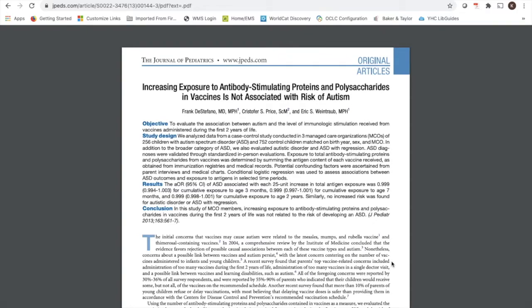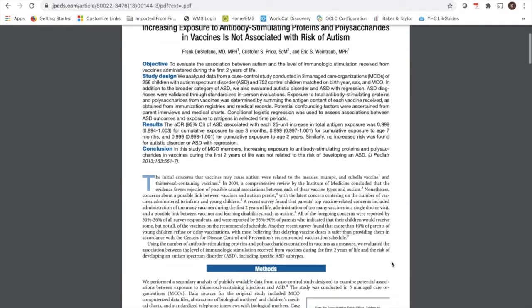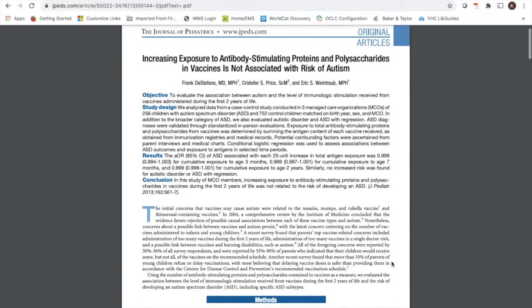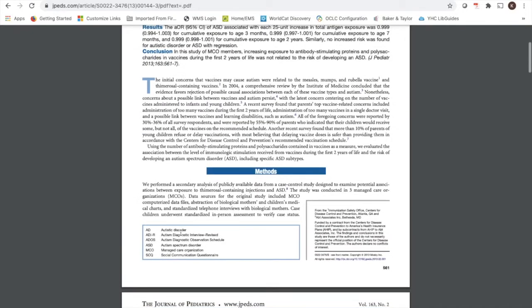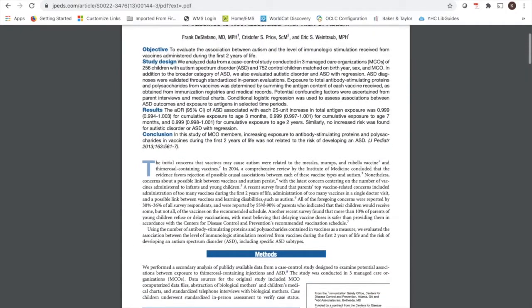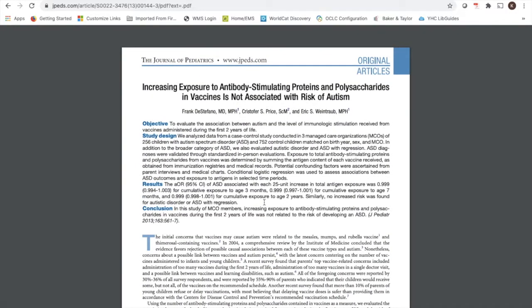Now, this is a peer-reviewed journal article from the Journal of Pediatrics. A couple of ways we can tell that it's legitimate is that it has a study design, a results, a conclusion. It gives us the methods of the study, and it basically explains how there is no link between the MMR vaccine and autism. So, the whole point of this is to show you that expertise is going to determine